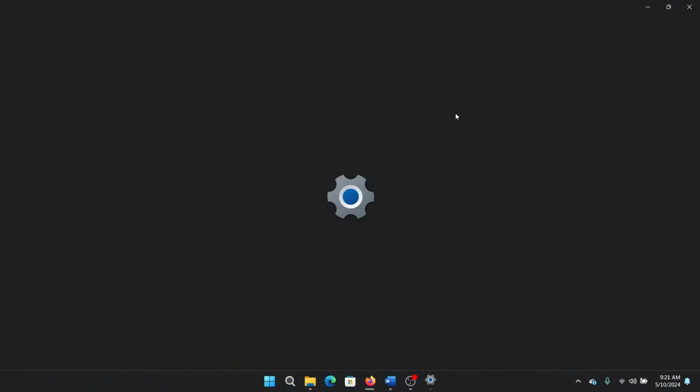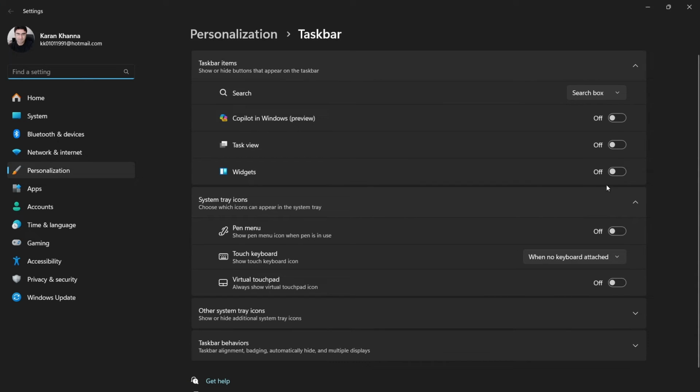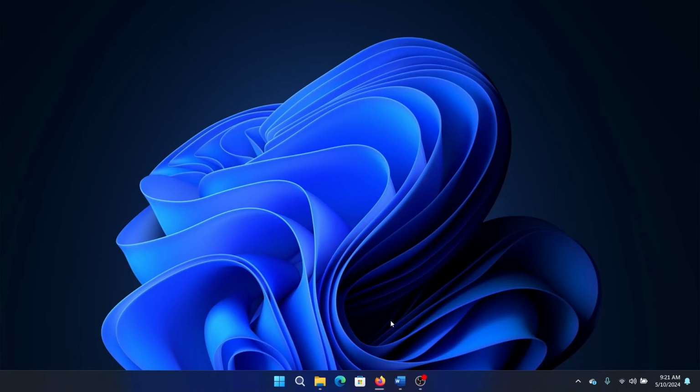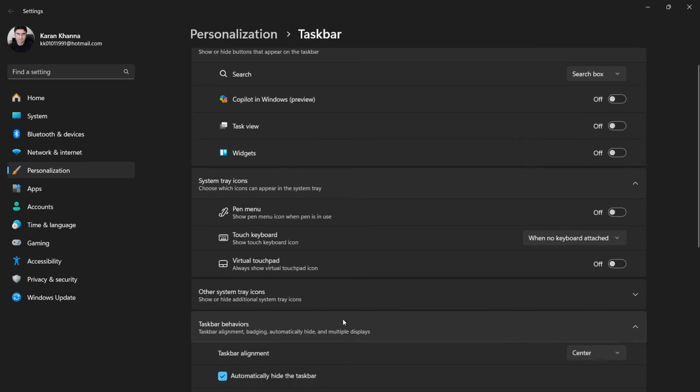So here's what I usually do. I turn off all of these three switches, which is for Copilot, Task View and Widgets, which makes my computer look minimalistic. So if you wish to bring it back, then simply right click on the taskbar, scroll down, taskbar